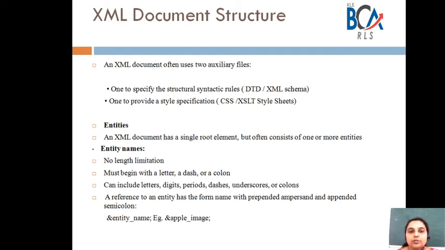The most common are shown. When several predefined entities must appear near each other in an XML document, their references clutter the content and make it difficult to read.